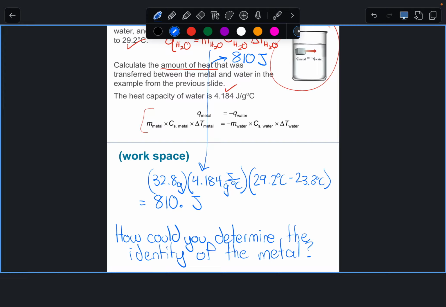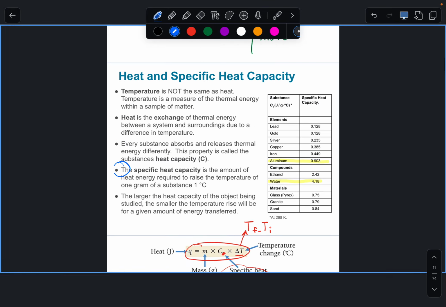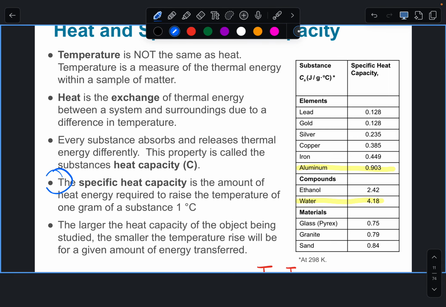Now, there is some overlap. I didn't realize this until I looked back in my other class. Lead and gold apparently have the same specific heat. So if it was one of those, you wouldn't know exactly. But